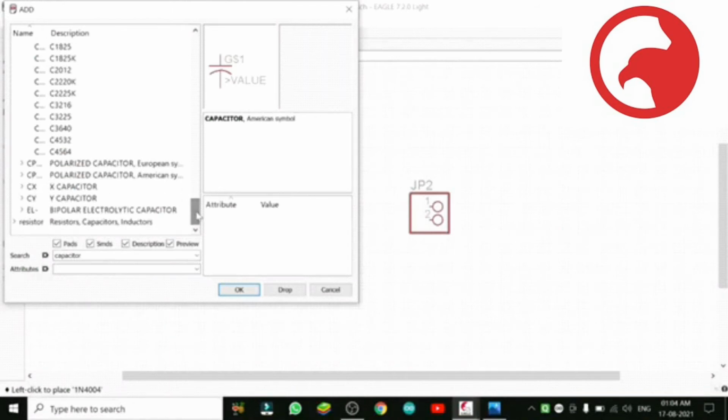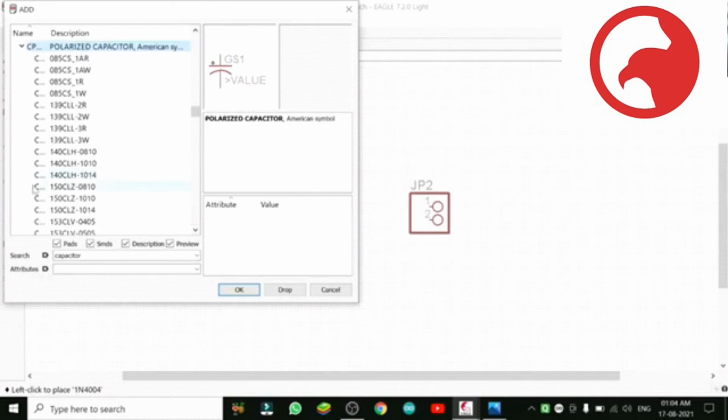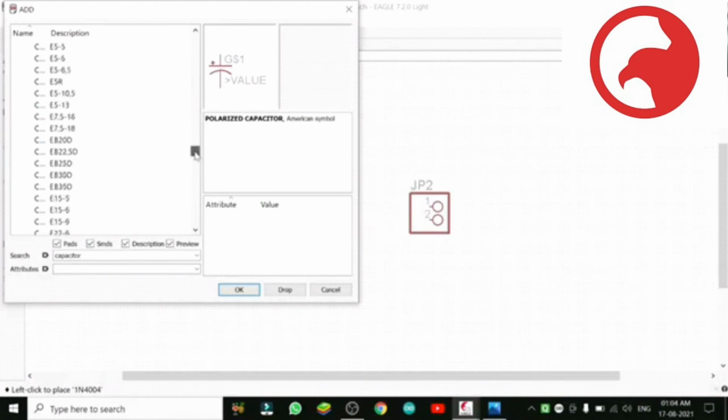This is polarized capacitor, so you should have little knowledge of these things. One side is positive, one side is negative, so we need polarized capacitor for it. So you come here, just make practice, copy the things. And I want dia 13 mm, 14 mm, 16 mm, so I will choose it from here.